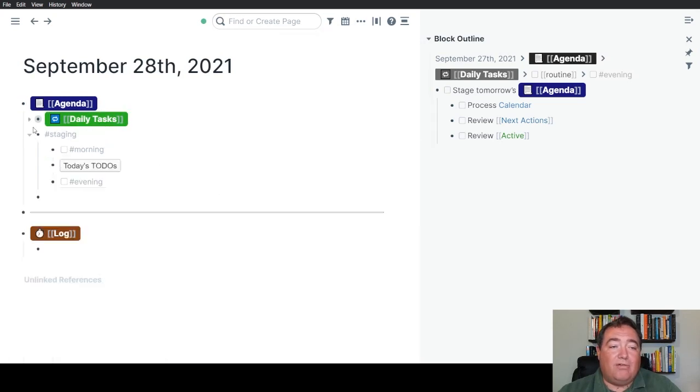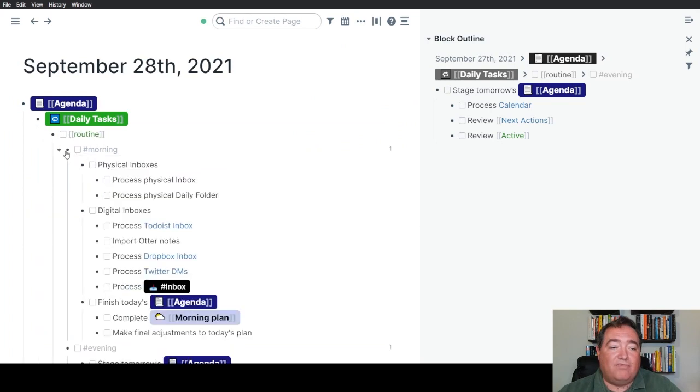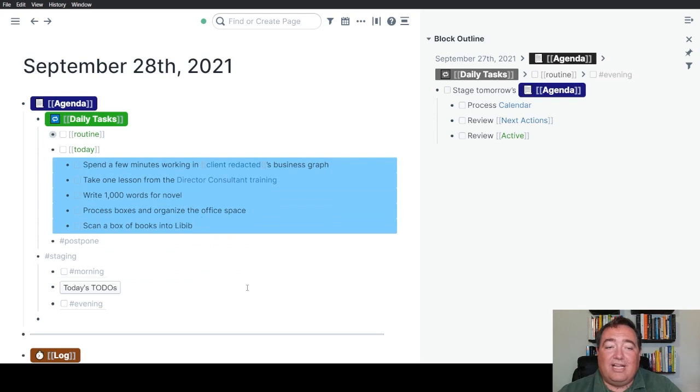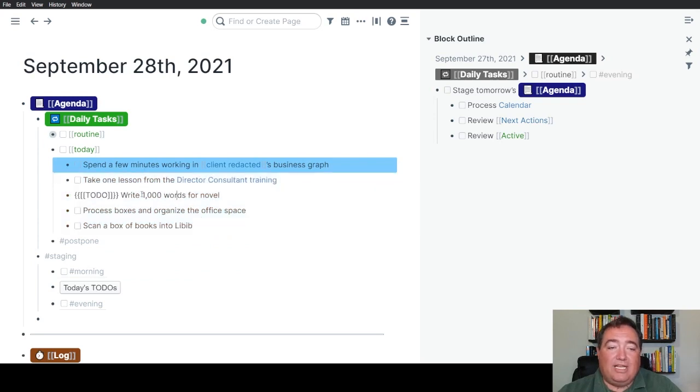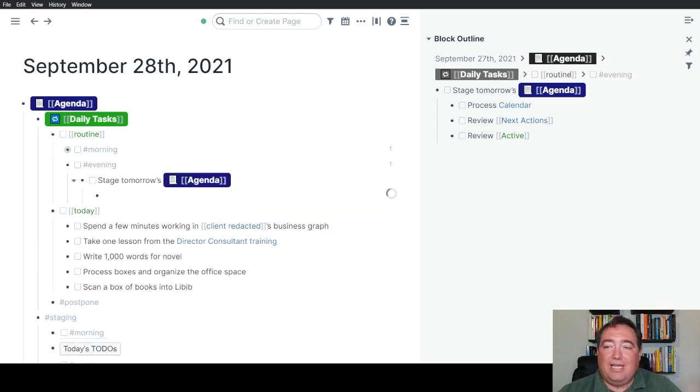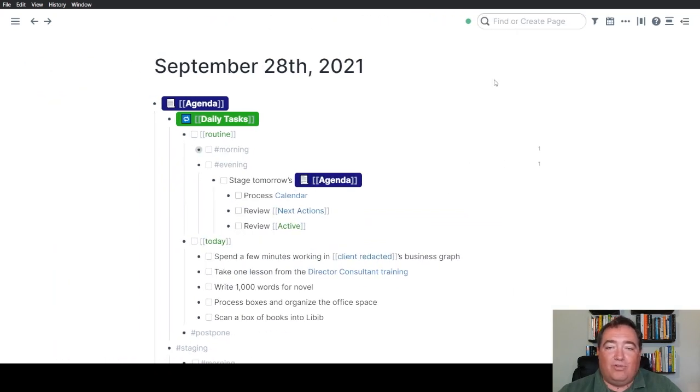As you can see here now, I have, in the midst of my today tasks, the things that I need to do tomorrow. A couple more daily things, a couple of things that happen a few times a week that I have there, processing books and organizing my office space. I just moved my office. So there I want to, every so often just take a little bit and process a few boxes. Okay. Likewise, end of that day, I would click this button again,